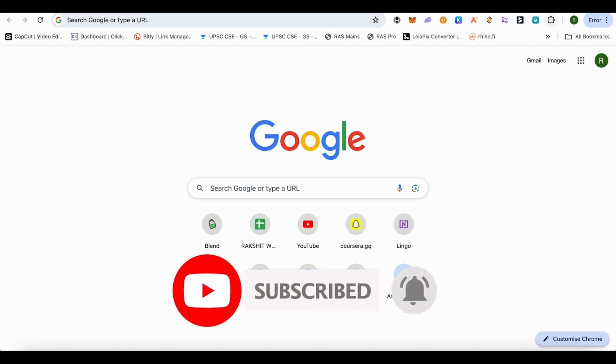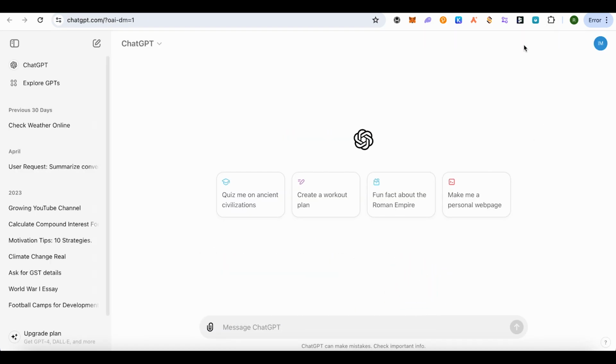Let's see how we can do it. For this, just simply open up ChatGPT and you would require to update your ChatGPT to ChatGPT 4 in order to edit photos on ChatGPT itself. And after upgrading your plan on ChatGPT, simply click over here, then select ChatGPT 4, and after that, whenever you